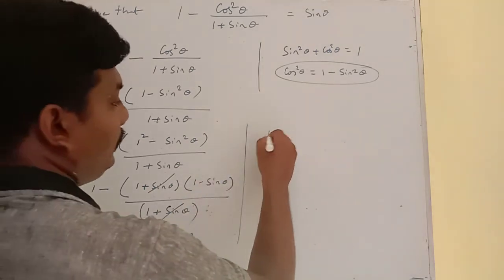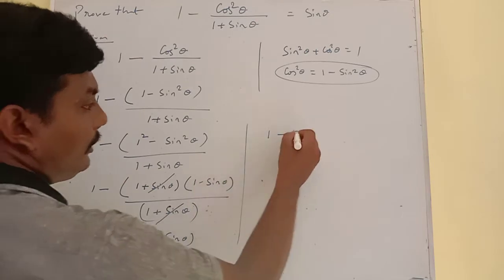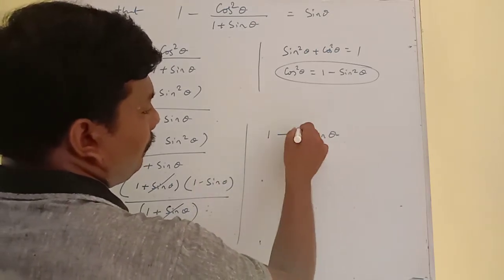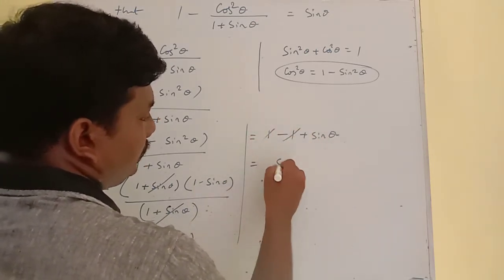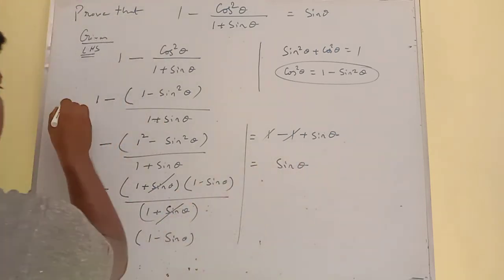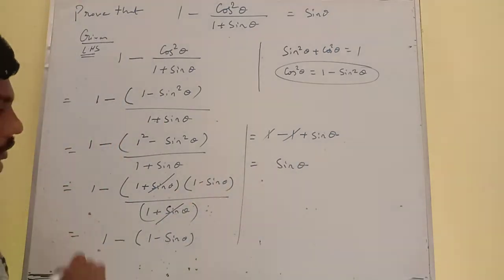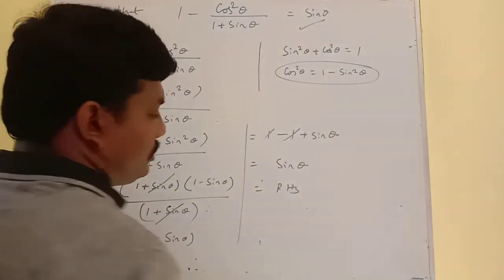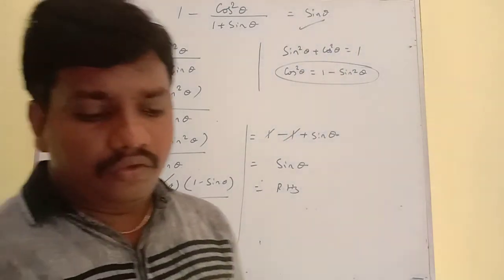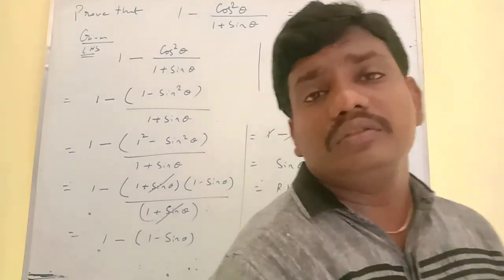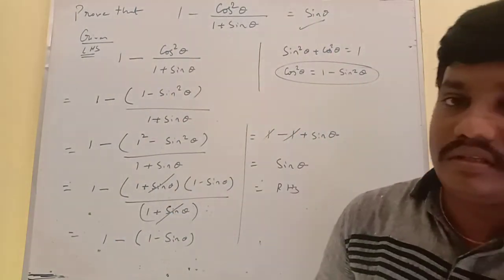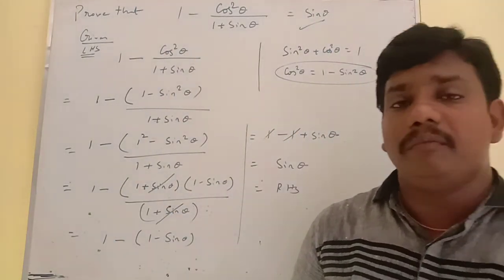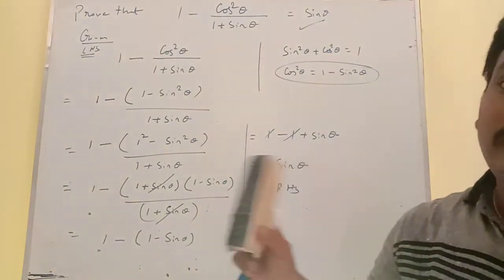Now this is 1 minus into minus, plus sin theta, minus 1 plus 1 cancel. This is sin theta, this is sin theta. So now this is called the RHS. We have proved this RHS value. So like that we are going to prove the given expressions or equations with the help of trigonometric identities. So next,